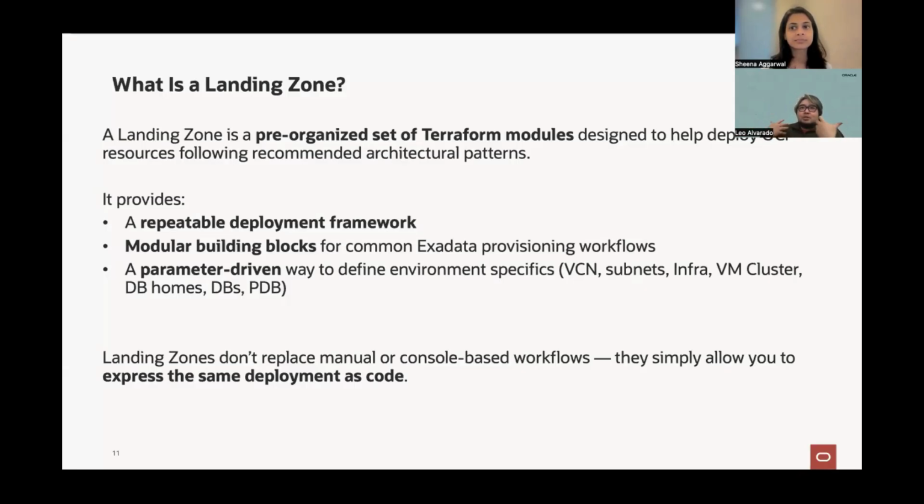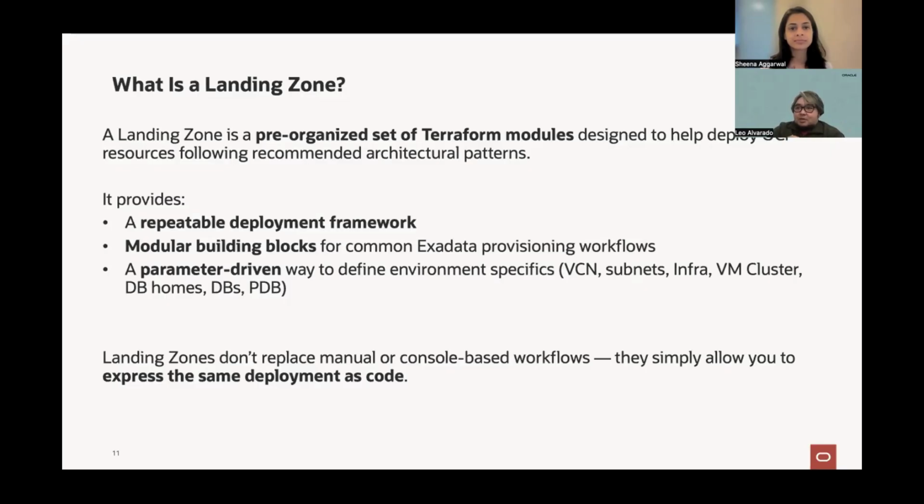It provides you with a repeatable deployment framework, and it deploys the same Exadata resources as you would through the console or through custom Terraform. It just expresses those deployments in a standardized, parameter-driven form